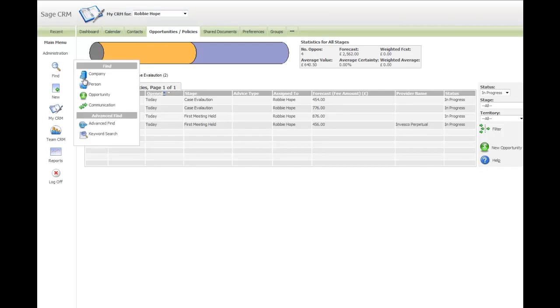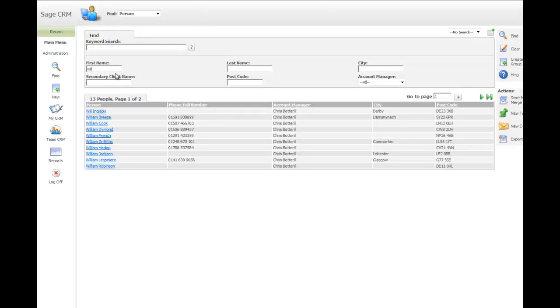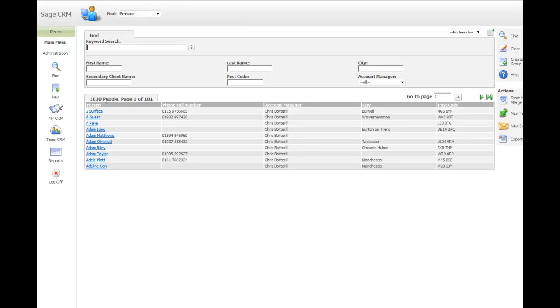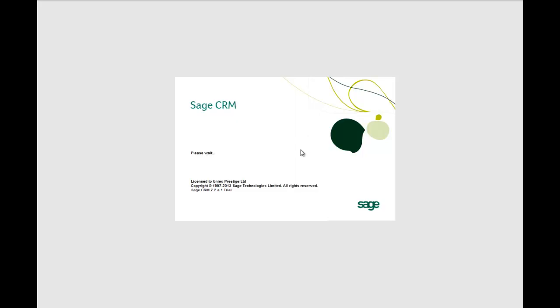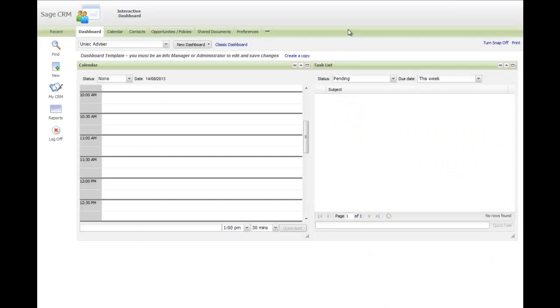So if I initiate a find logged on as the administrator and just leave all the find fields blank and click find, we'll see that in the system there are 1,810 people. But as I'll show you when we log in as Robbie, the view is a lot different. So if I just log off and log back on again as Robbie, when Robbie logs in, simple dashboard view, but all he's got in terms of actions are he can find